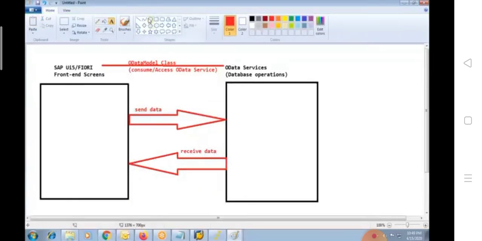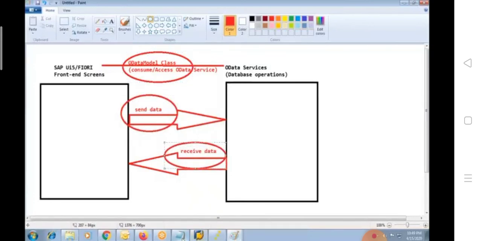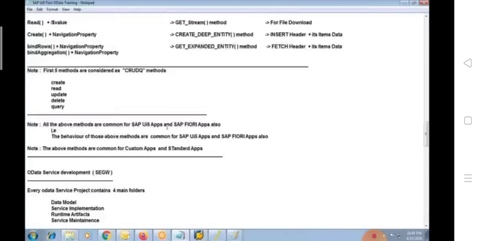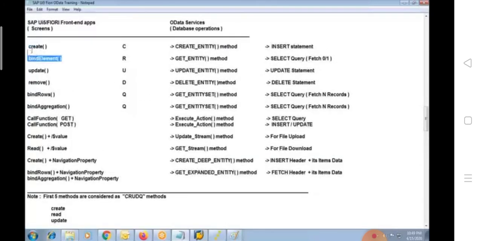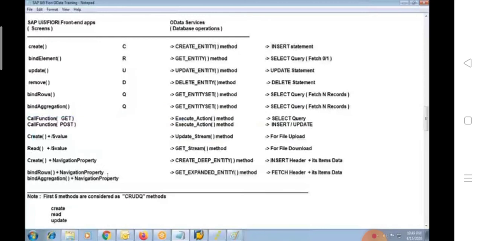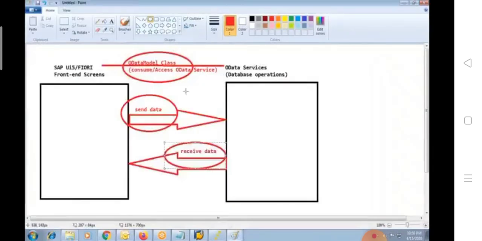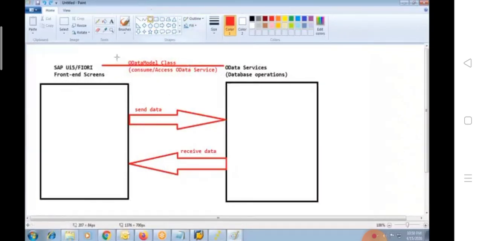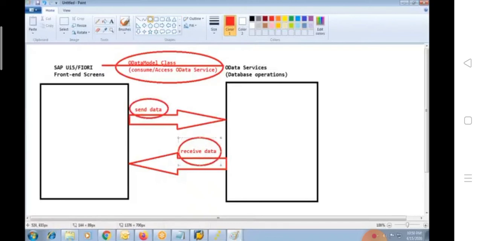The point here is the OData model class is not only to access a service, it is used to send the data, receive the data, and it is used to trigger all these front-end methods: bind element, update, remove, bind rows, aggregation, call function, create, bind rows. So the front-end methods are triggered by consuming the OData service using this particular OData model class. While calling the methods, we send the data and we can also receive the data.